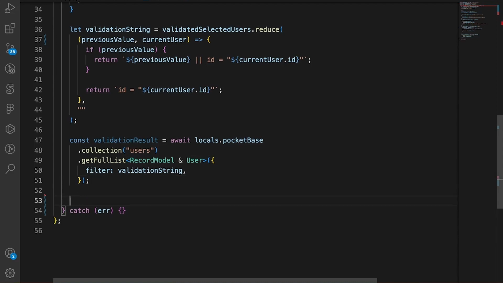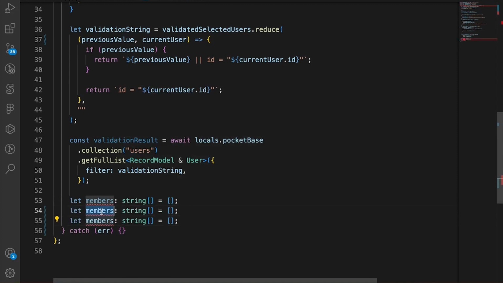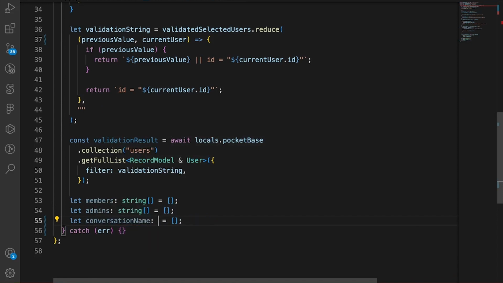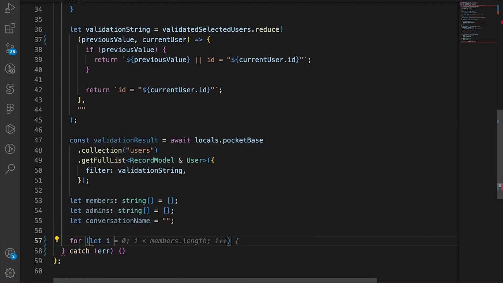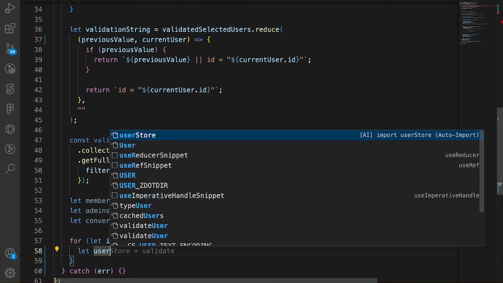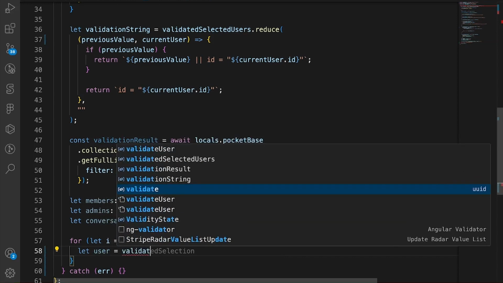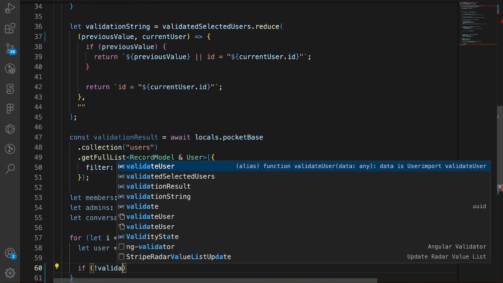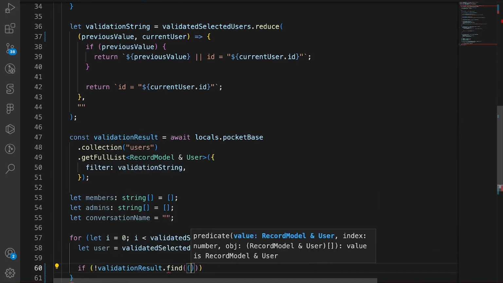So now below the validation result, let's say let members is a string array, and let's set it to an empty array, and let's copy this down. This is going to be admins, a string array, and also conversationName is equal to just an empty string. So we're going to set this to an empty string. So now for let i, we're going to loop over the validated users array. So we're going to say let user is equal to validatedSelectedUsers[i], and then we're going to say if not validationResult.find(item